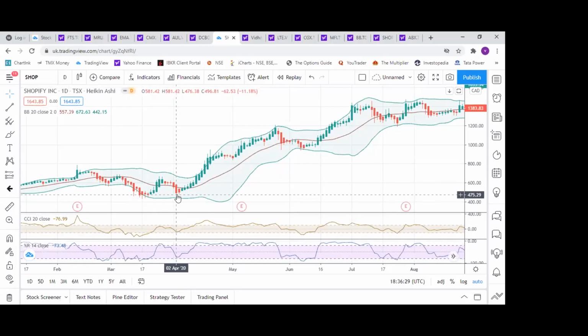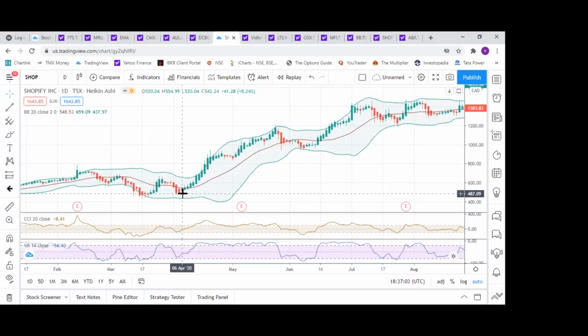We are almost at the bottom. On the 3rd, they curved up. Candle is still red. I'm still not entering. On the 6th, my candle becomes green and it is closer to the mid Bollinger Band. Now, with Heikin Ashi, and I'm using a day chart, 2 days prior my indicators told me to buy. I did not buy. I was lazy. I was scared. I was not sure. Candle turned green, and I enter.